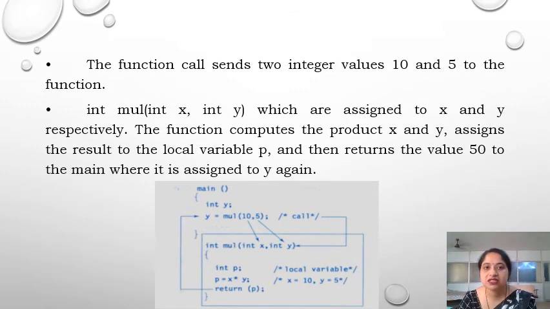The function call sends two parameters, that is two integers 10 and 5, to the function, which will be assigned to the variables x and y respectively. The function computes the product of x and y and assigns the result to the local variable p, and then it returns the value 50 to the main, where it is assigned to the variable y again.